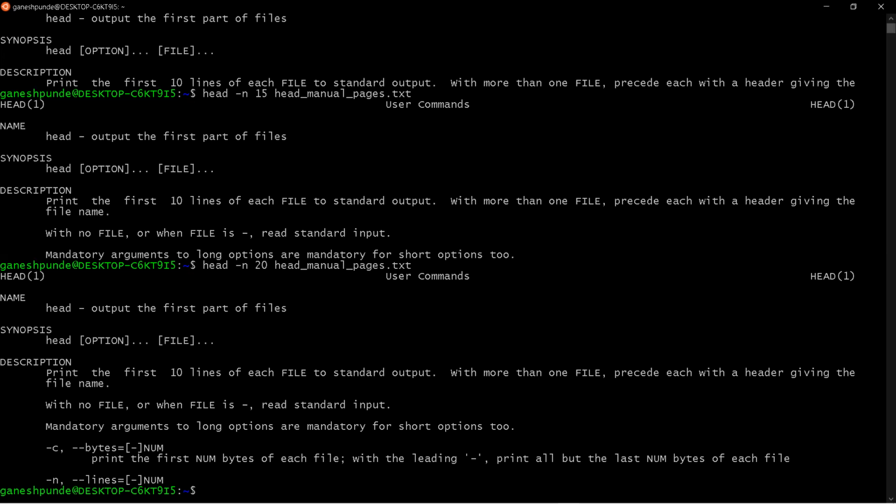So you can use the head command if you want to see a specific part of the file, specific lines of the file. Since it is a head command, it always displays the top of the file. Means it shows the top certain lines. Without an option, it will show 10 lines. If you specify the line numbers, then that many lines will be displayed, right?